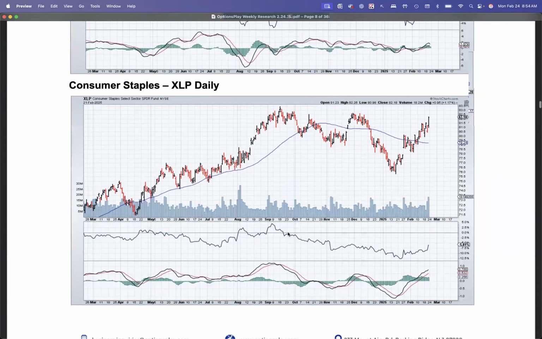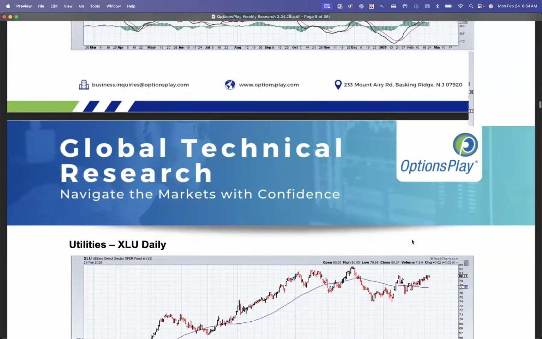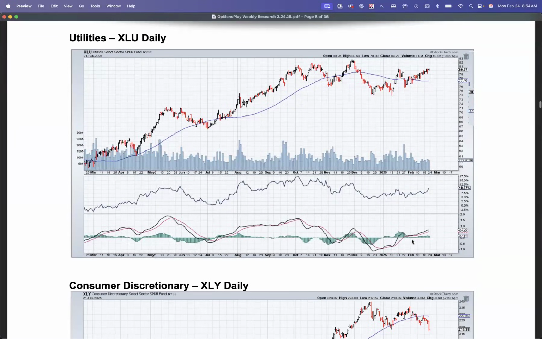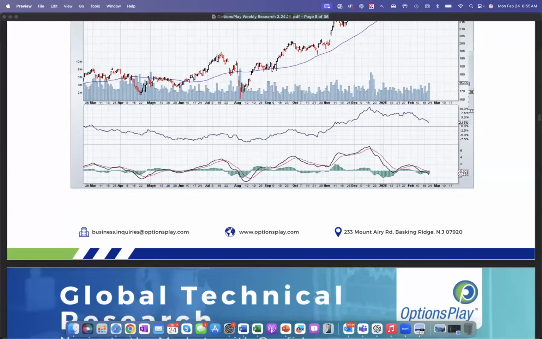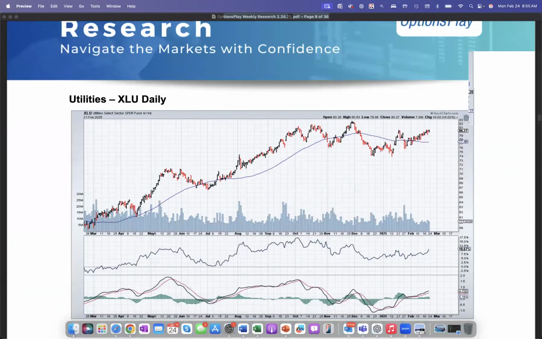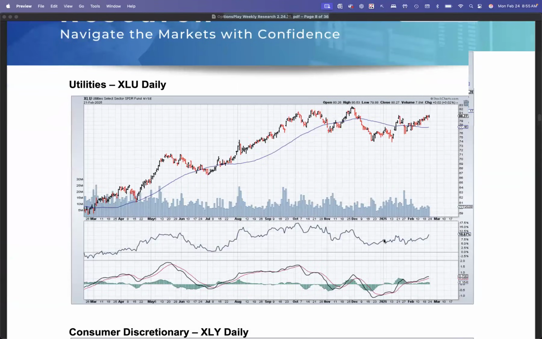But if you look at consumer staples, they have lost a significant amount of ground in the last, call it, 6 months or so. But in the last month, they've really started to play a little bit of catch up, playing a bit of a defensive role. We've seen stocks like Pepsi and Coca-Cola perform incredibly well over the last month or so, and that's contributing to some of the gains we're seeing out of consumer staples. We've also seen utilities strengthen quite a bit over the last 2 months or so